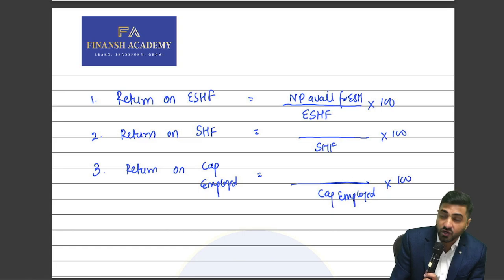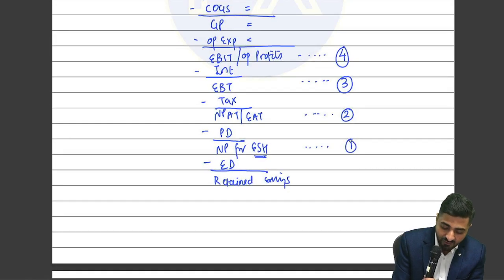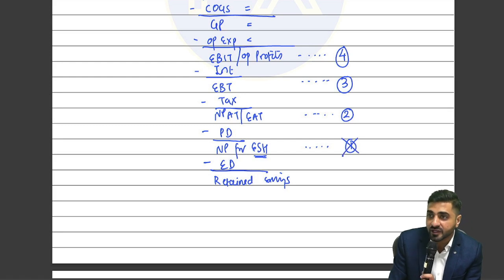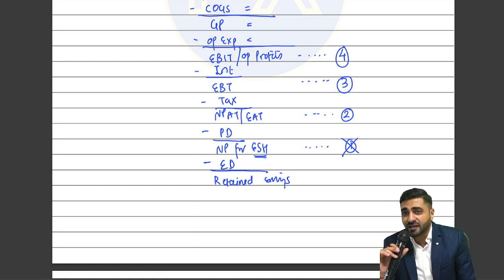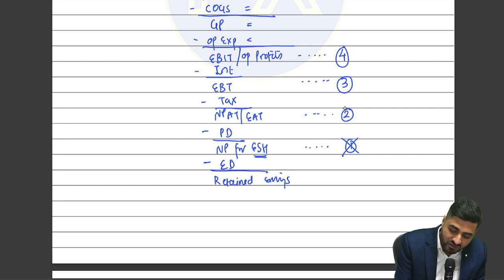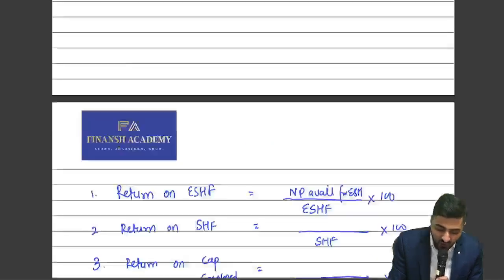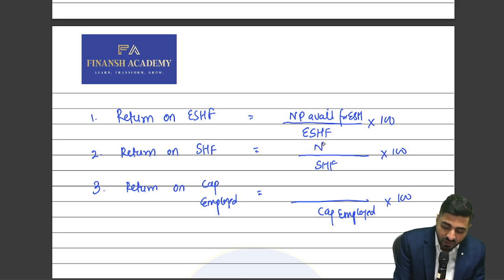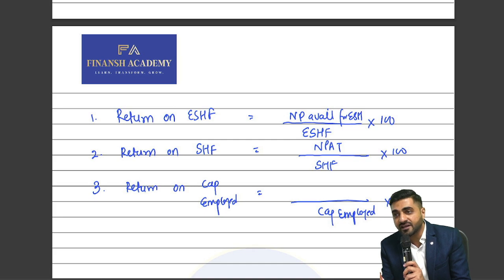But what about return on shareholders fund? Net profit after tax. Now see, I have already considered the first option, so it is closed. In 2, 3, 4, which option should be for return on shareholders funds? Option 2. Yes, this is correct, because we are going to see what are the profits available for all the shareholders of the company. That's why can I say we have to take NPAT? You will never forget a formula if you learn it this way: NPAT upon shareholders funds. Correct?